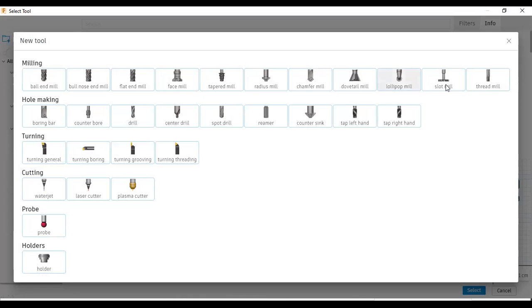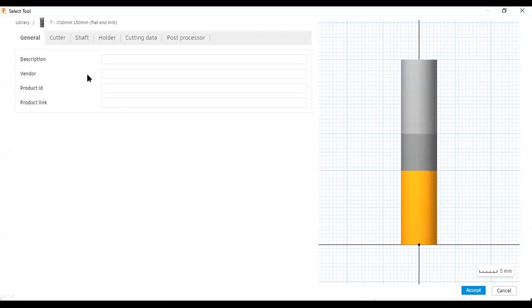So these are the milling tools, these are the hole making tools, and these are the turning tools, and these are the cutting tools, and this is for probing, and this is the holder. So if you want to select a flat end mill, so here you can see this is the flat end mill. Okay, so I will select this flat end mill, and